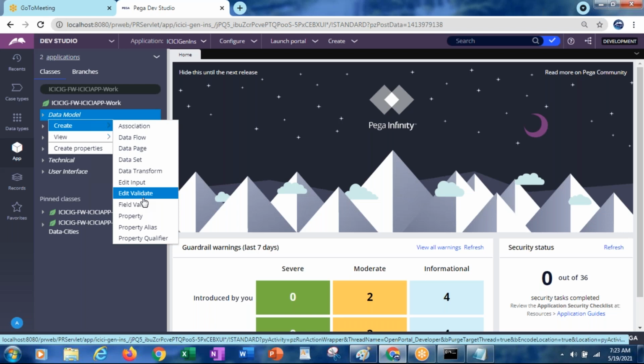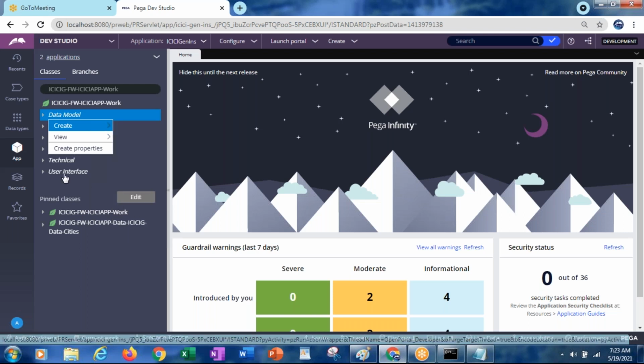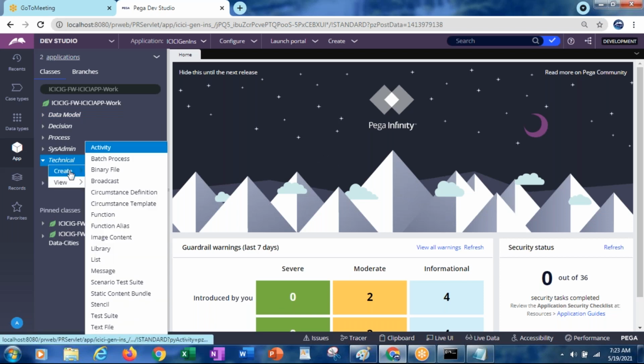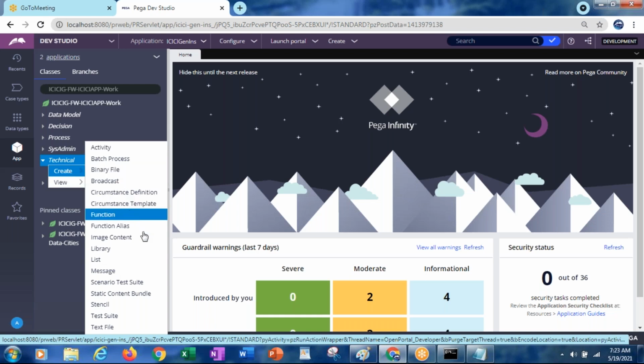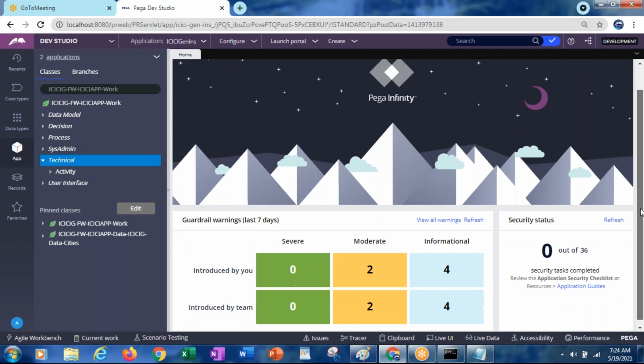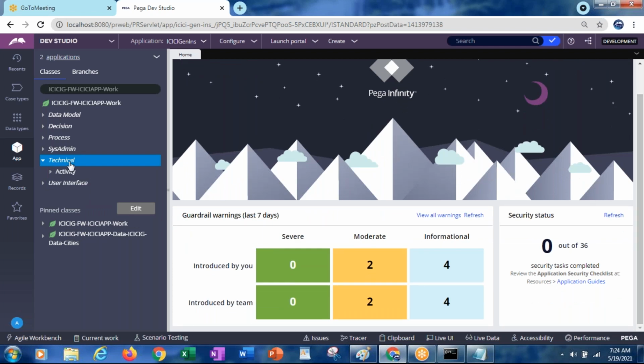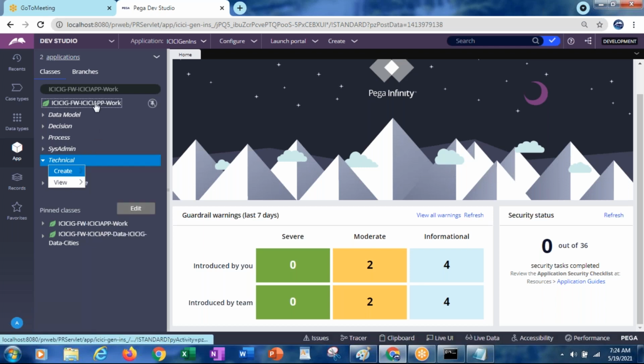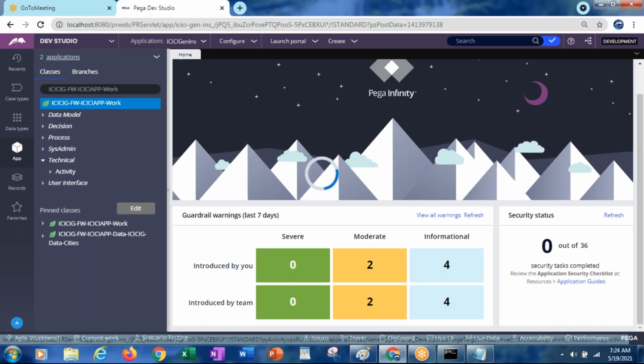If you want to create the obj validate rule, sorry, that is under the process category.